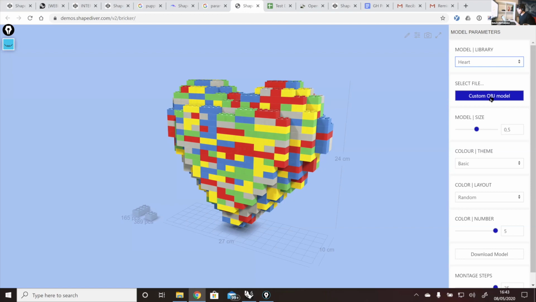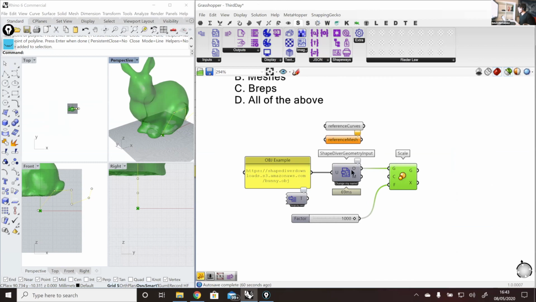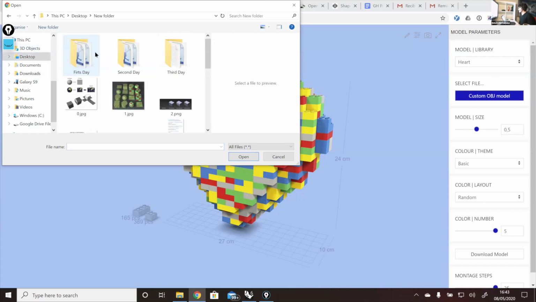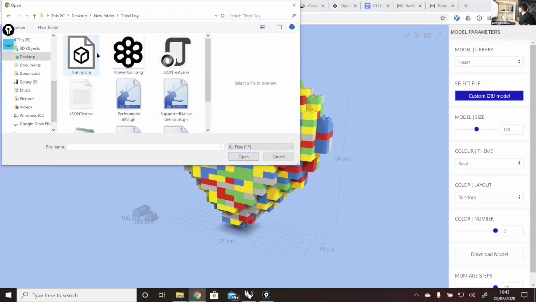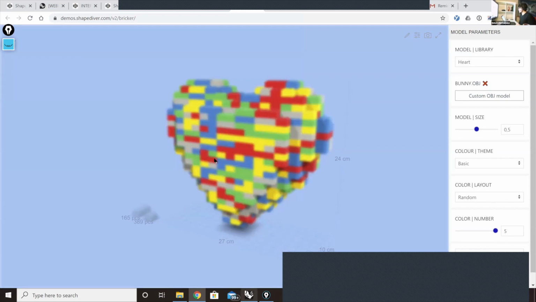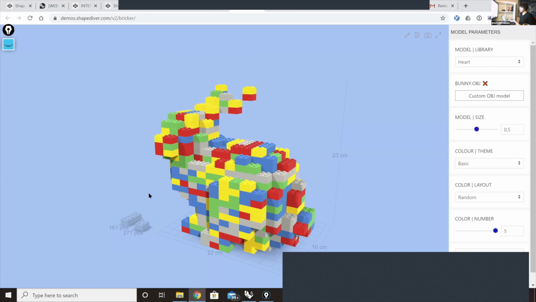So this clickable button appears when you add this component, the ShapeDiver Geometry Input. This gets translated into this menu item that you can click on, and then I can come here to my files and find, for example, this OBJ file that I have here of a bunny. This is the same bunny that we just showed here, this one. And then this gets converted into this Lego